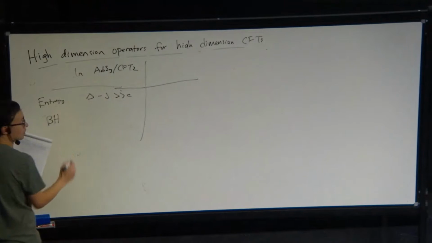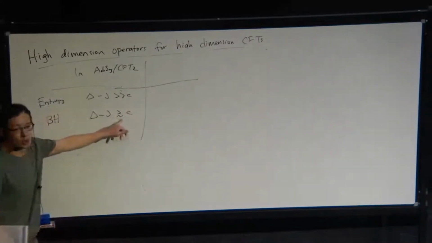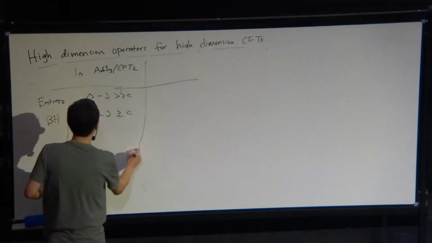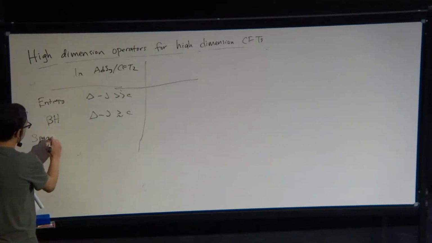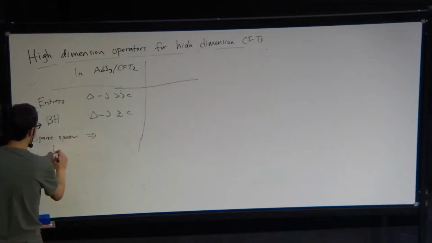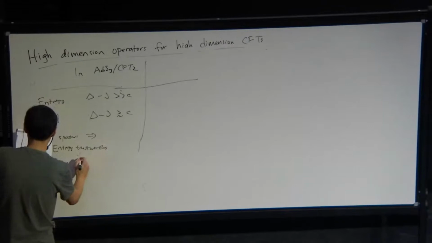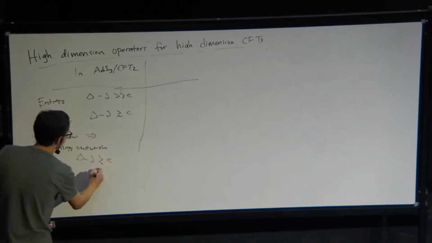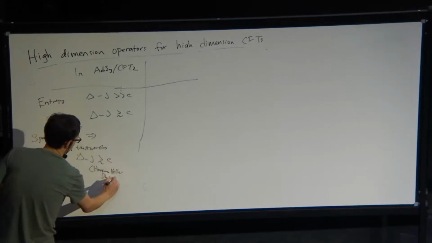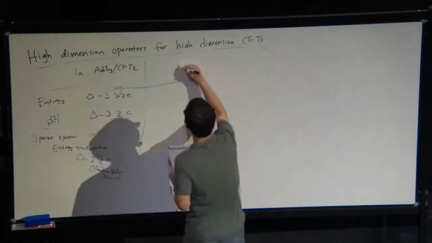But the condition for a black hole to be stable in AdS3 is just that delta minus j is on the order of the central charge. There's an order 1 coefficient here, which is like 1/6 or 1/12 or something like that, but whatever. And they proved, using modular invariance, that a sufficiently sparse light spectrum, which we can make precise, implies that the entropy is also trustworthy down to delta minus j on the order of c. This is Hartman, Keller, Stoica, 14.